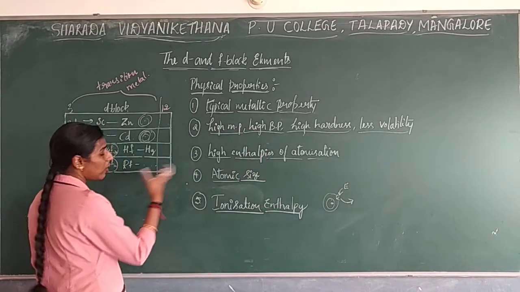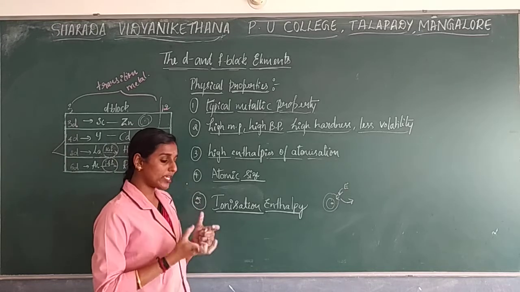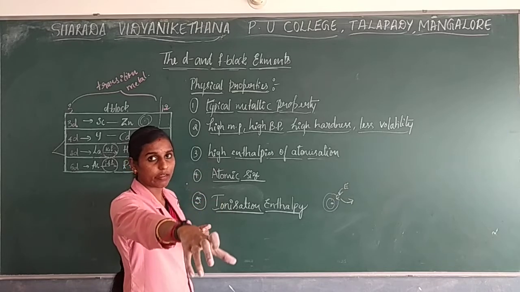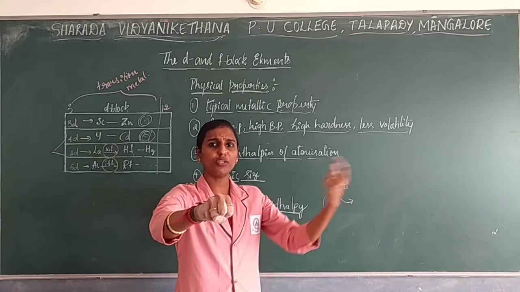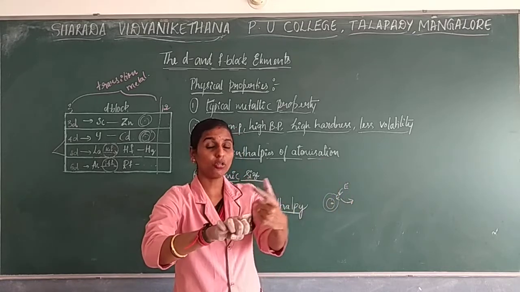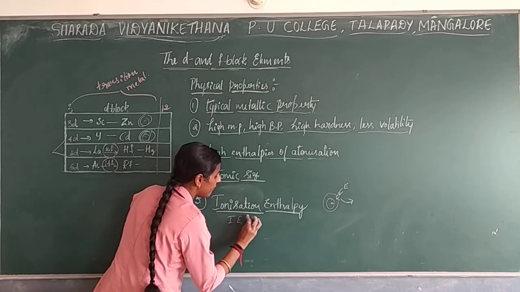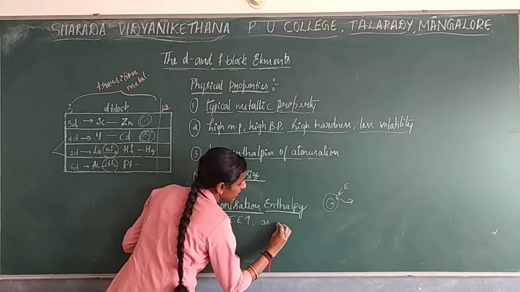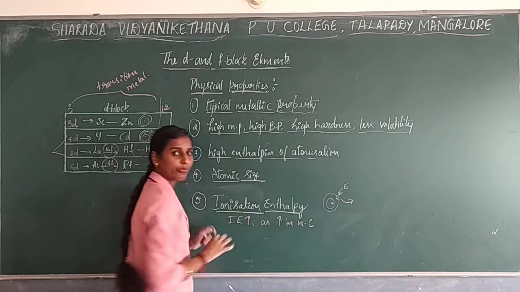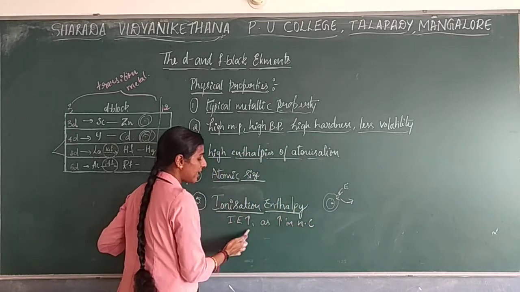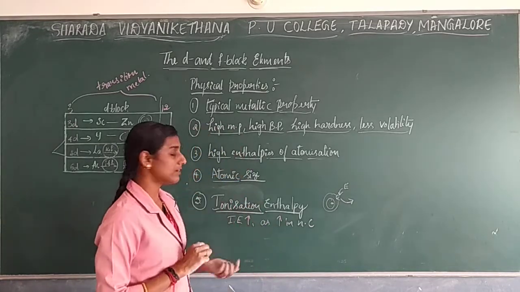You know now, as you move along the series, the nuclear charge will go on increasing because of a lesser shielding effect. As the nuclear charge goes on increasing, the hold on the electron will be more, right? So if the hold on the electron is more, you need to give more energy to remove the electron. That's why ionization enthalpy should be more. So ionization enthalpy will increase as the nuclear charge increases. Okay. As this nuclear charge increases, ionization enthalpy also will go on increasing.